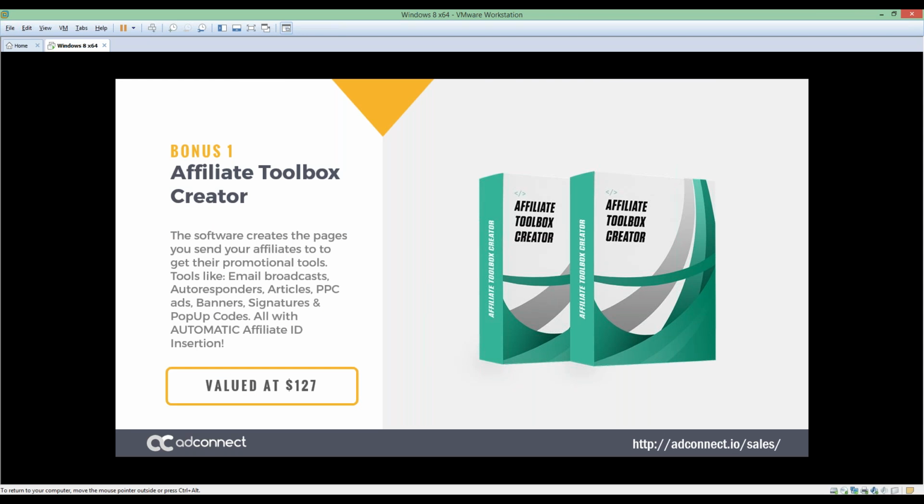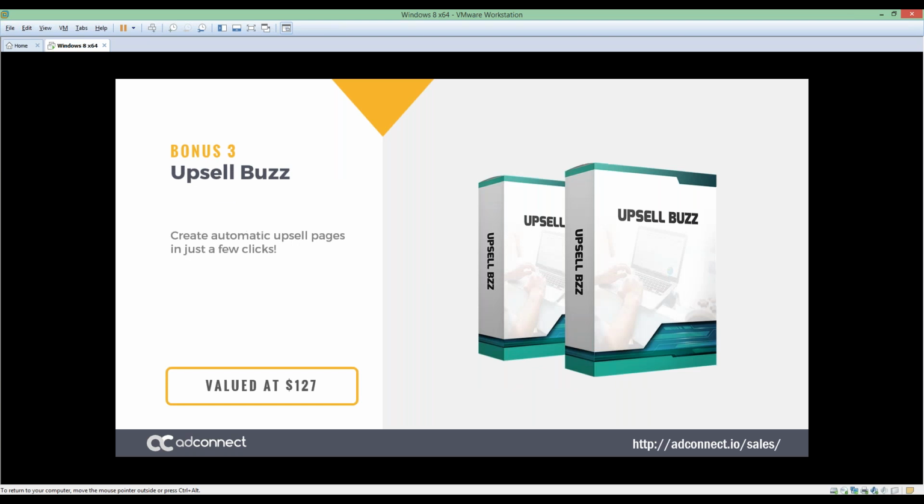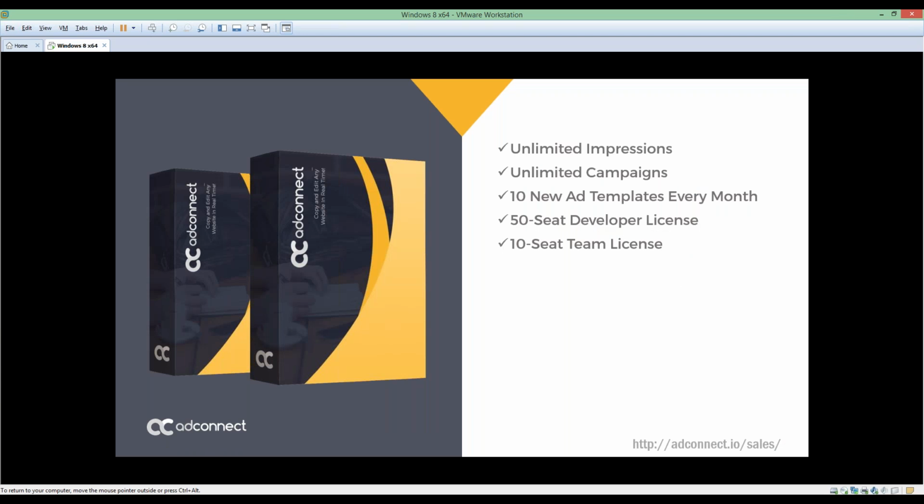Bonus number 1, we give you affiliate toolbox creator. Then we give you 15 more done for you Facebook ads. We give you upsell buzz, which will help you create upsell pages within seconds. All right. So again, this is the agency license, and this is a license to print money by offering this